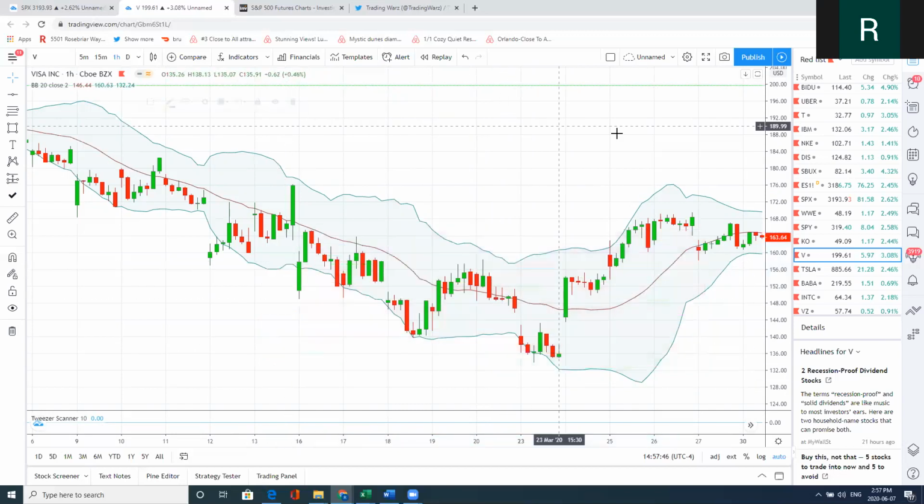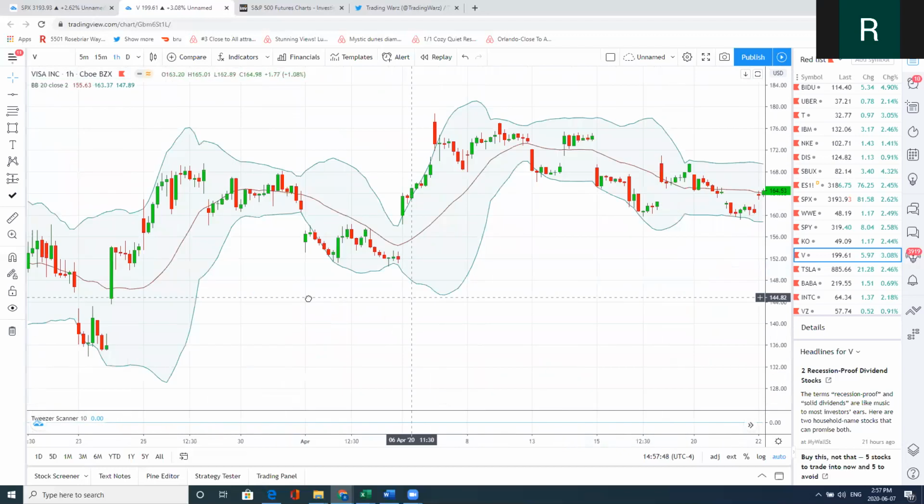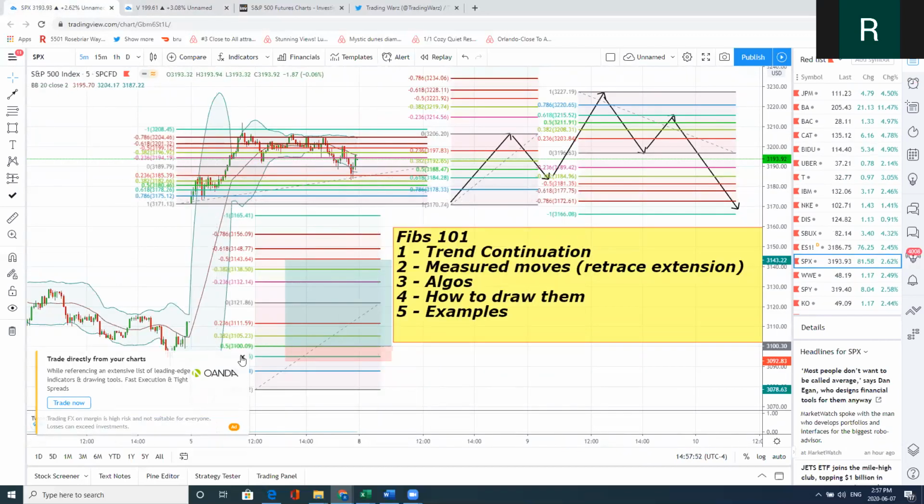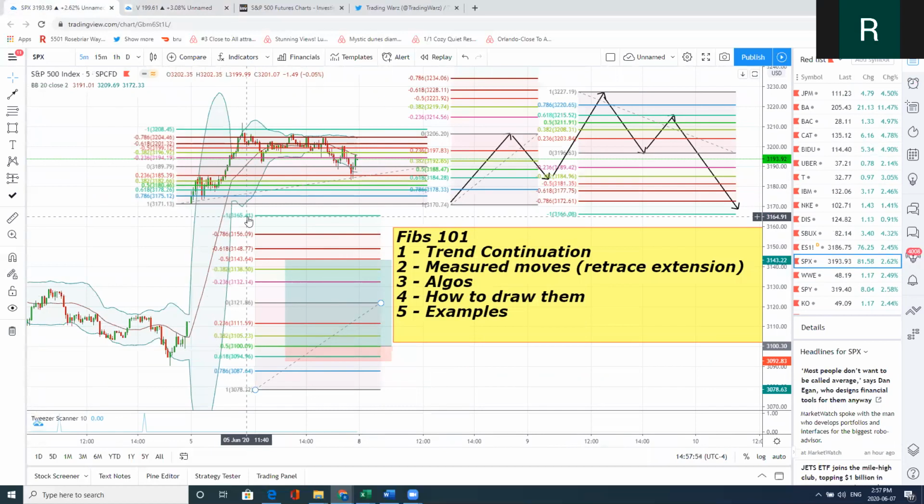Okay? So I really hope that this video helped you guys to understand Fibs better. Fibs, even if you don't trade them, you should have them drawn up on your charts, because you can see levels of support and resistance, and you can see if there's a reaction there. You don't necessarily have to trade them, but you should understand how to use them, and you should have them